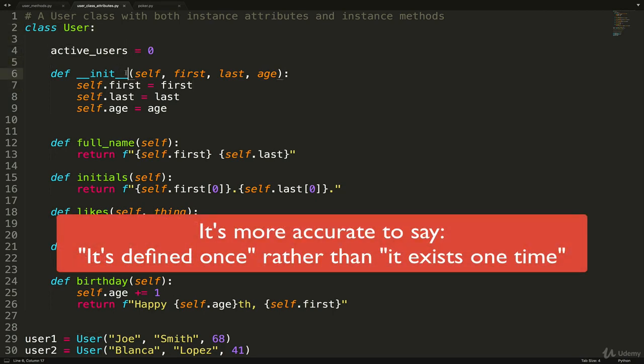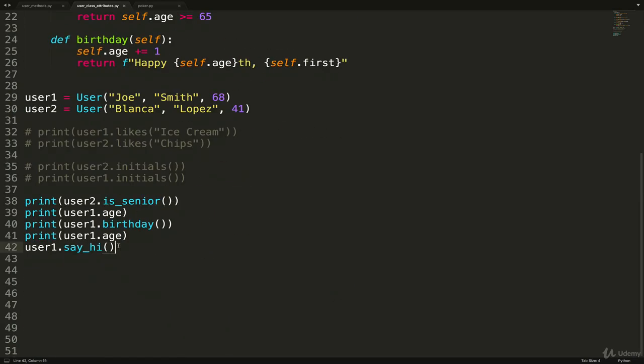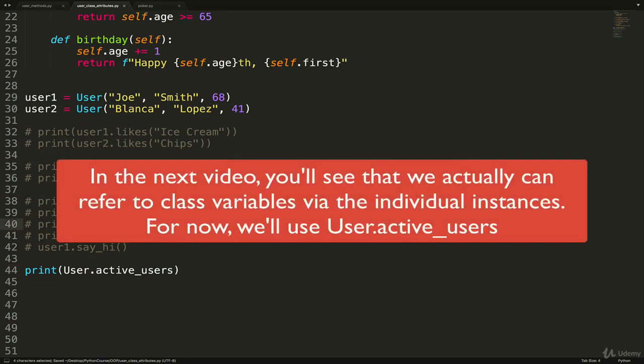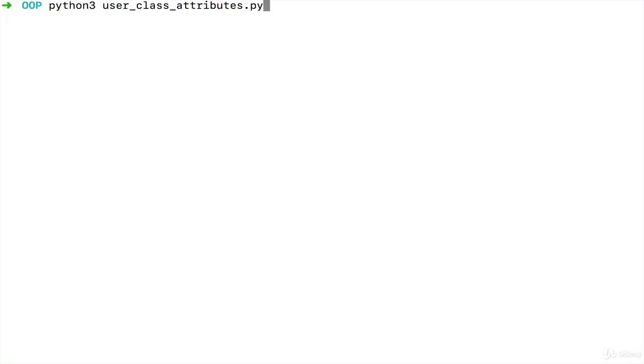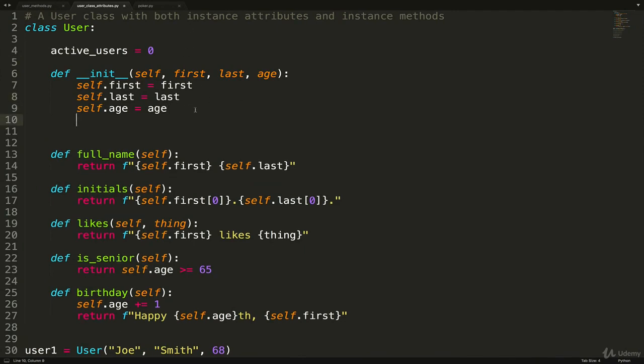the user class itself, not on the individual instances of user. And the way we actually refer to it, if I wanted just to print active users, I could come down here, I'll comment everything out and just do print, and I refer to the class name, user.active_users. So I don't refer to the instances anymore, just user.active_users. It starts at 0. Let's see if we're right. And we get 0. Okay, so let's say now anytime a new user is initialized, we're going to add one to active users. So we don't write self, it's going to be user.active_users plus equals 1.